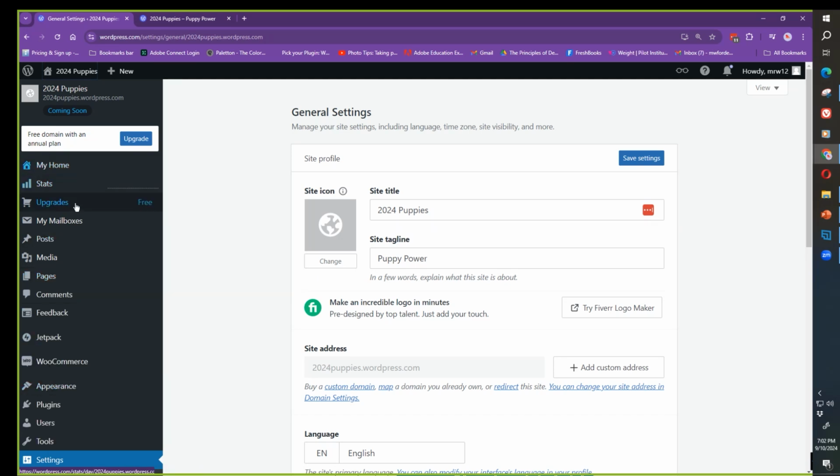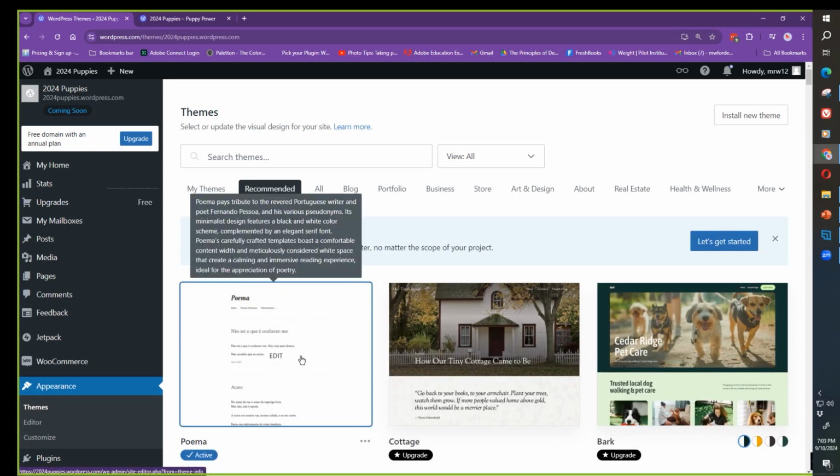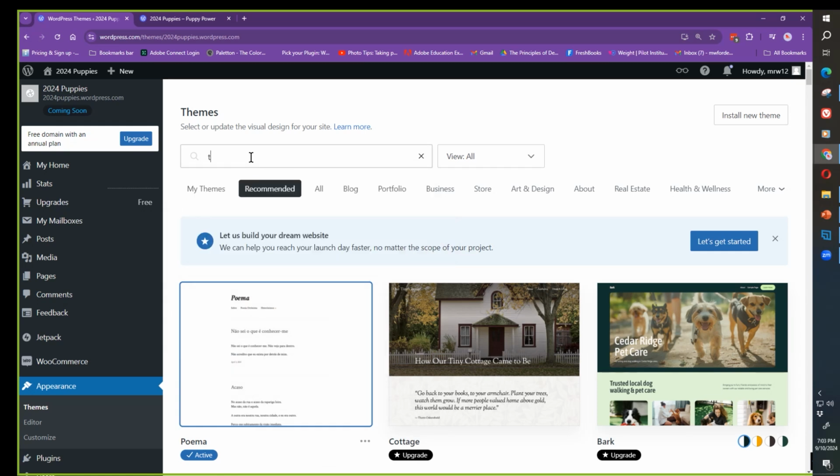So we're all going to be at the dashboard or the back of the website, and we're going to click on appearance. We're going to make sure we're on themes. So it's showing us that I'm on POMA. That's the active theme that I'm on. I'm going to look for